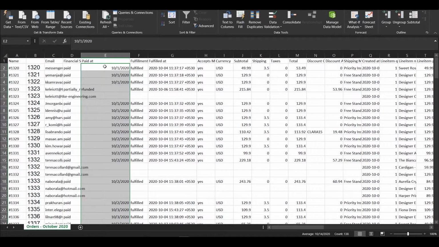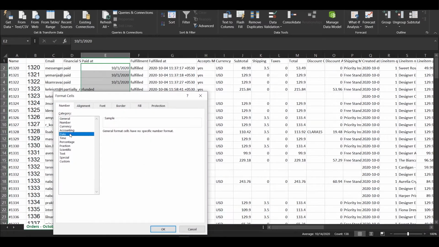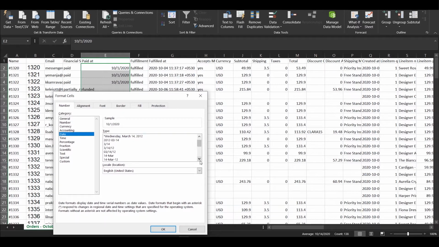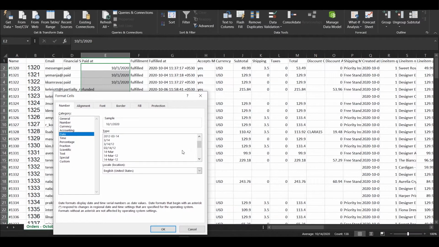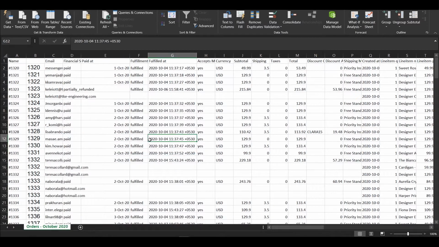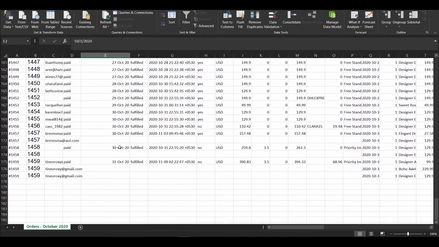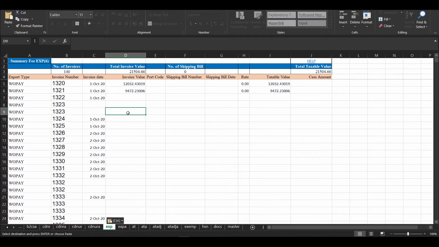Now what you have to do is right click, go to format cells, then date, and then select your desired outcome. And our desired outcome is date, month and year. So we'll do the same here also, and this is our desired outcome. So we'll click on OK, and here you go. Now all our invoice dates are also in our desired format. What we want to do is select all, copy, paste it here. Okay, so here our dates are also filled. Now don't worry about these empty spaces, we'll take care of them later.